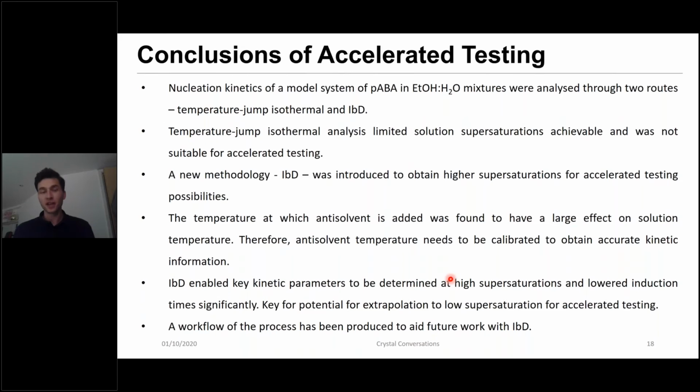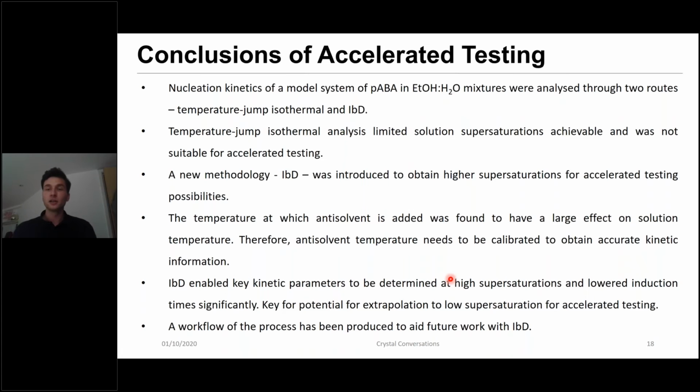Importantly, and if this is anything you take from this talk, anyone who performs anti-solvent crystallizations, you have to take into effect this enthalpy of mixing, because it has quite a large effect. Therefore, you need to calibrate your system and make sure that the data you're getting at the end is accurate